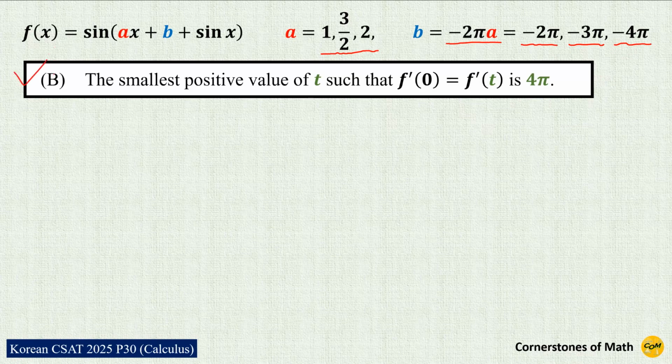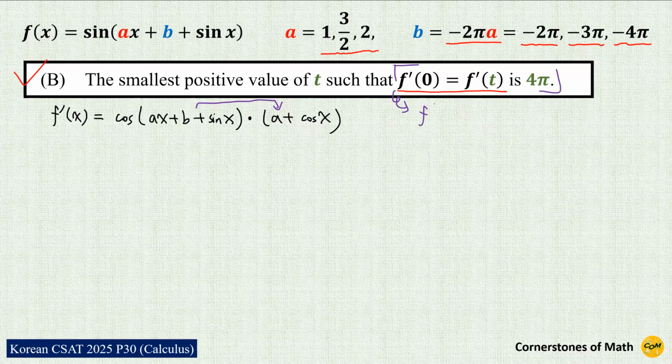Let's now consider the second given condition about derivatives. Obviously, we have to obtain the derivative first, which is cos(ax + b) + sin x, and by the chain rule, we have to multiply the derivative of this inner part, which is a + cos x. The given condition indicates that f'(0) is equal to f'(4π), so let us obtain both values. First, f'(0) is given as